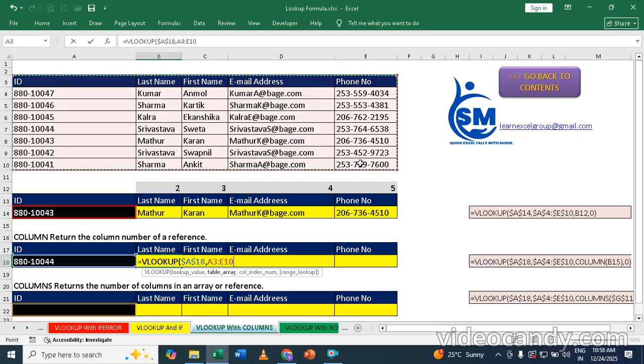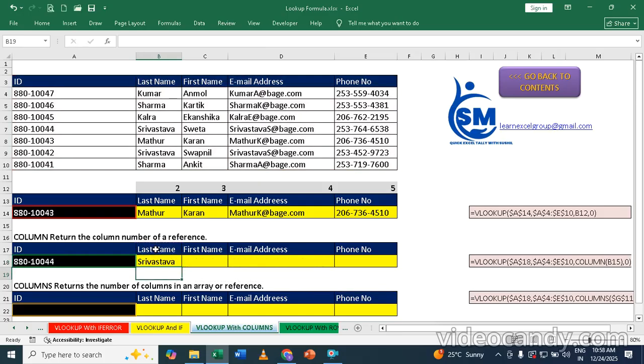Again lock this also, F4, and give a comma and write COLUMN, because single cell. COLUMN first returns the column number of a reference, for a single cell. COLUMN, bracket open, and then click over here. This first name is there, no? You can click over here, that is B17, close the bracket, comma 0, exact match,